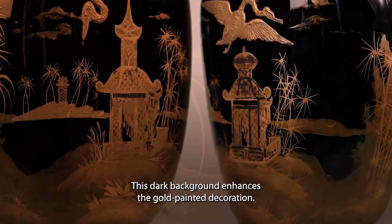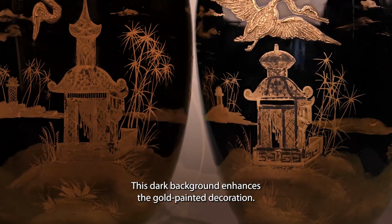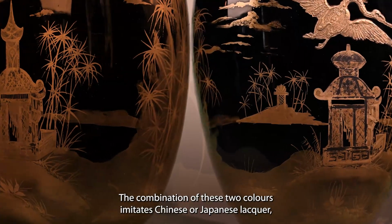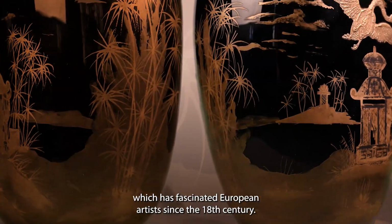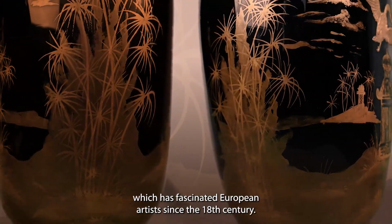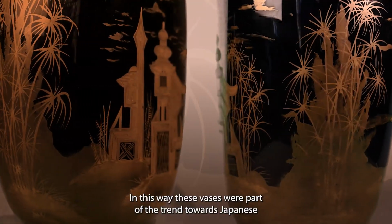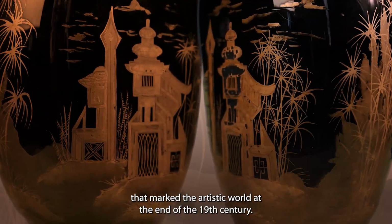This dark background enhances the gold-painted decoration. The combination of these two colors imitates Chinese or Japanese lacquer, which has fascinated European artists since the 18th century. In this way, these vases were part of the trend towards Japonism that marked the artistic world at the end